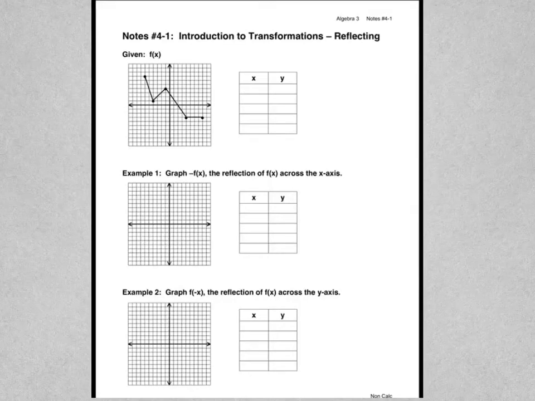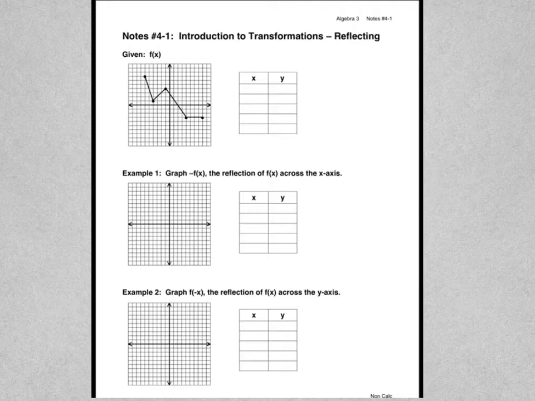All right, we're going to start here with 4.1, which is Introduction to Transformations, and has to do with reflecting things across various axes or points. First we're going to list our original function, and so we're going to get the points off this graph. If you can see, we're going to start at the left, and that point is